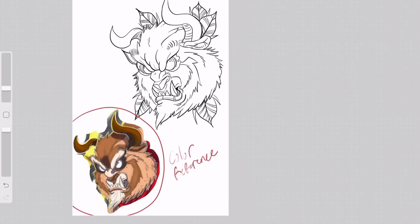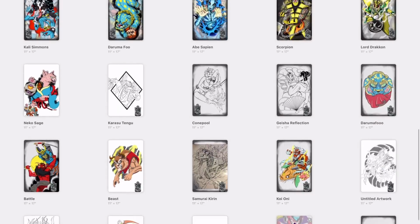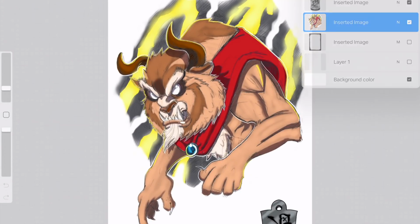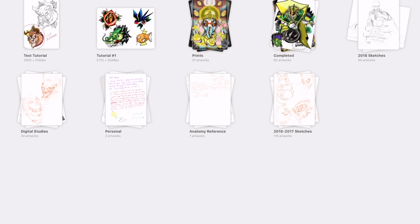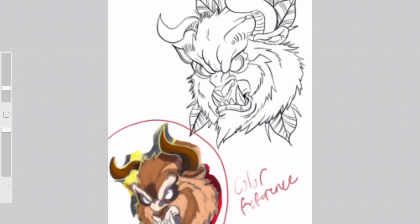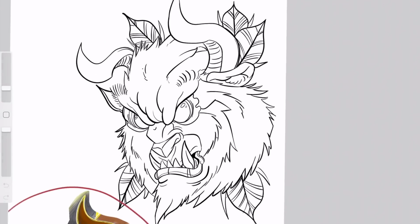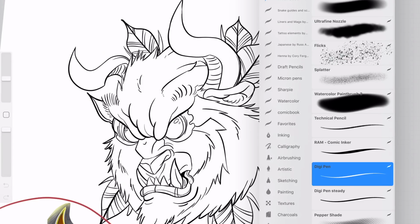It's actually a full figure thing. I have it over here somewhere, I can just show you real quick. So I just did a quick line art of his head to show for the video. As for outlining, I outlined it using just the exact same thing, which was these two